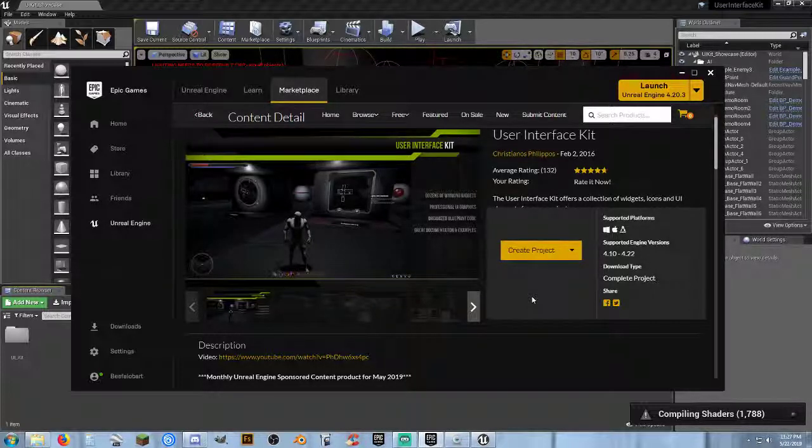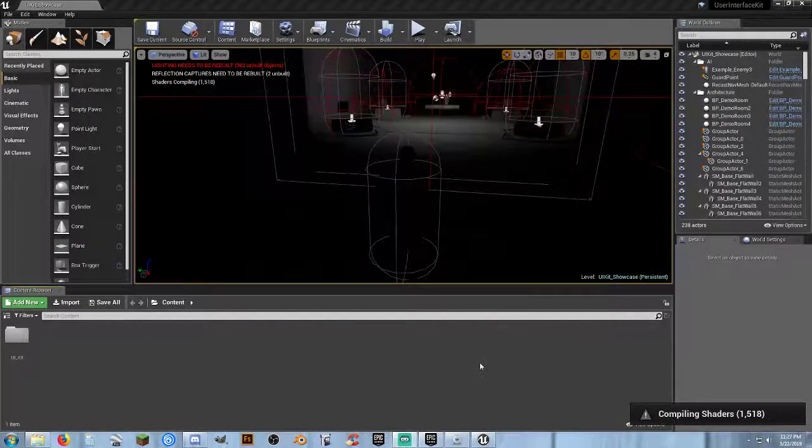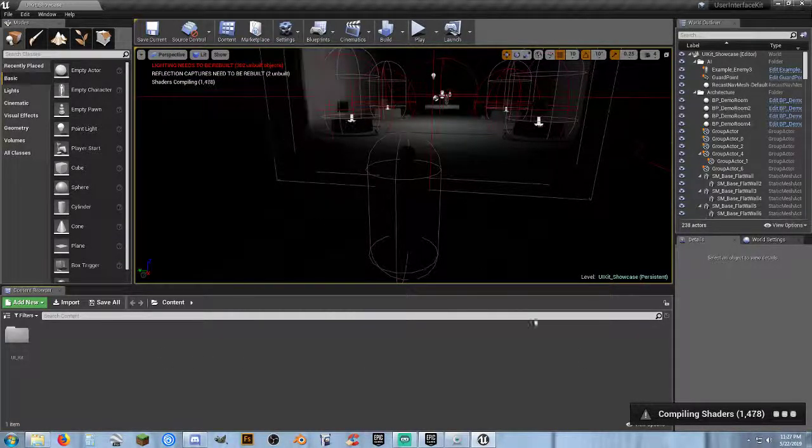you could possibly migrate it over. However, everything is kind of strictly built into it. And as soon as it's done with the shaders, we'll actually take more of a look at it. But to add it to your project, you're going to have to migrate it over. Otherwise, you're going to end up building a project around this. So let's minimize that. And while we're waiting for 1,400 more shaders to compile,